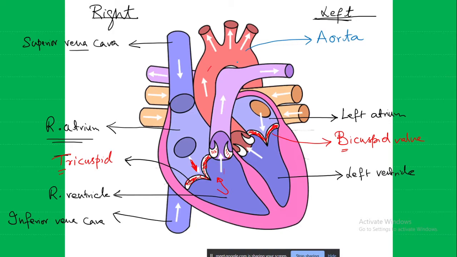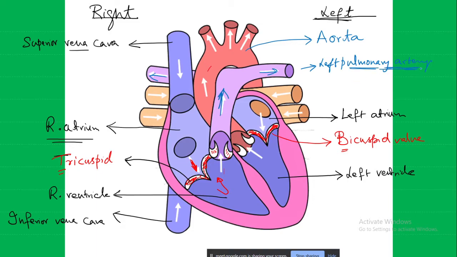Okay. And the one below it, which is bifurcating into two. What is this one known as? Pulmonary artery. Because it is on the left side, we will write it as the left pulmonary artery. We are going to say artery because it is going to carry deoxygenated blood to the lungs. Yes, it is carrying deoxygenated blood, but still we are calling it an artery. That is the pulmonary artery.